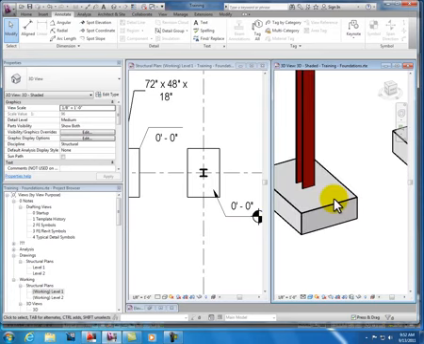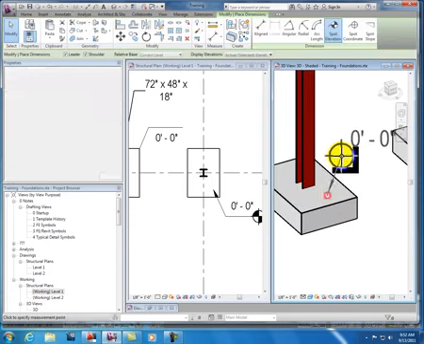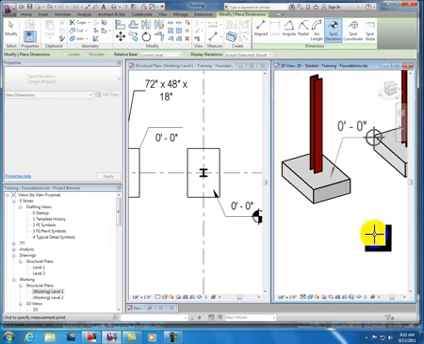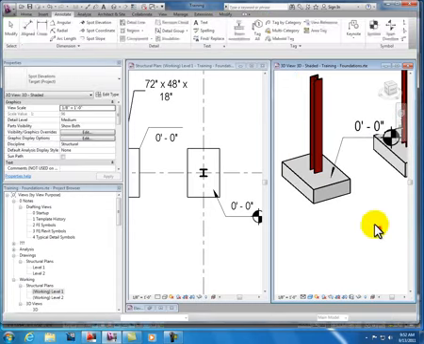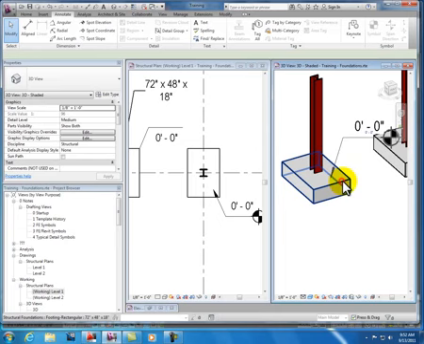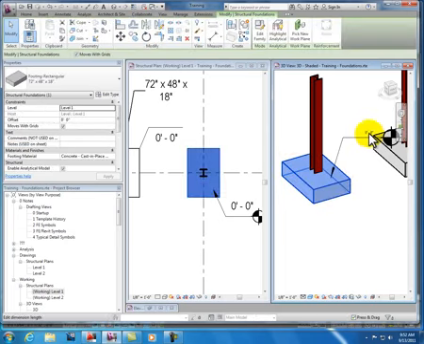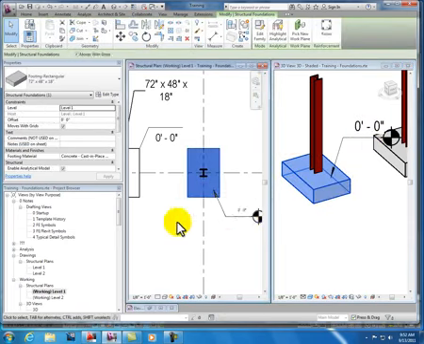So I could put a spot elevation here as well. I use the shortcut EL there. Now you can have this foundation move by typing in a number in the spot elevation. If I do it in plan view, I pick the foundation, the number turns blue, and I can tell it to go down